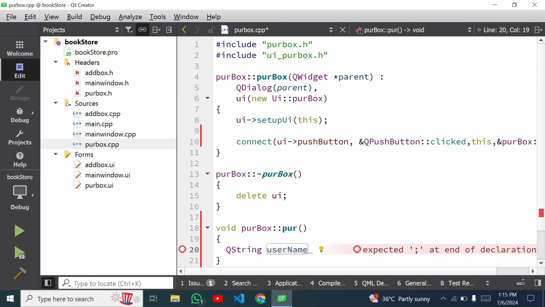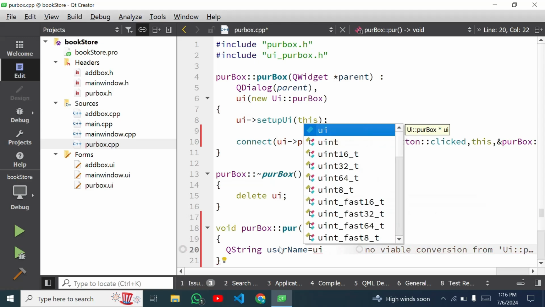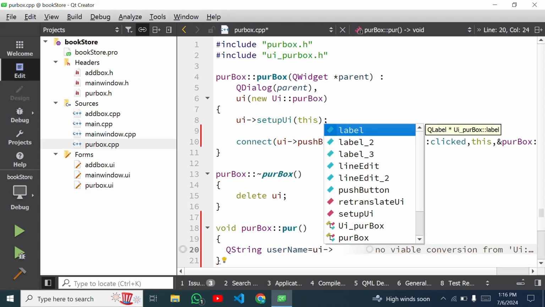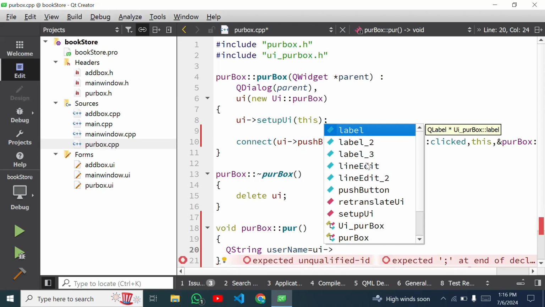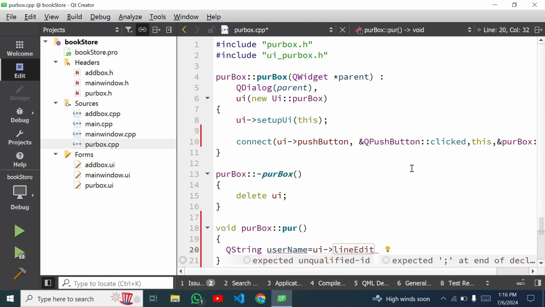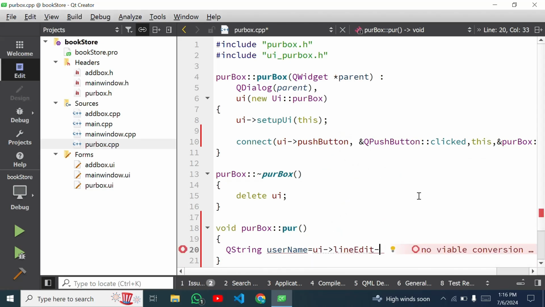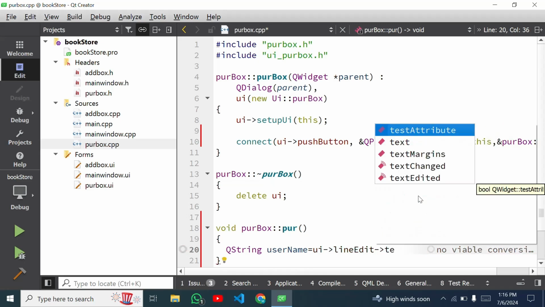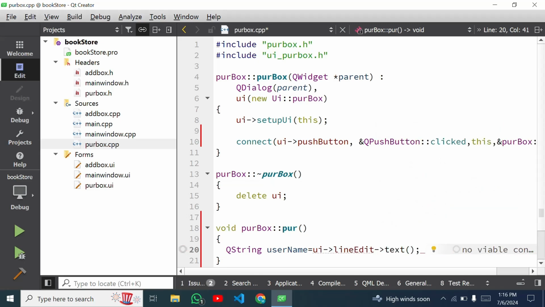Okay, and then I have to get value by using a user interface element or widget, sorry, here I have to use arrow and then lineEdit_1. Okay, so this is lineEdit_1, and here I have to define the type, that is text,